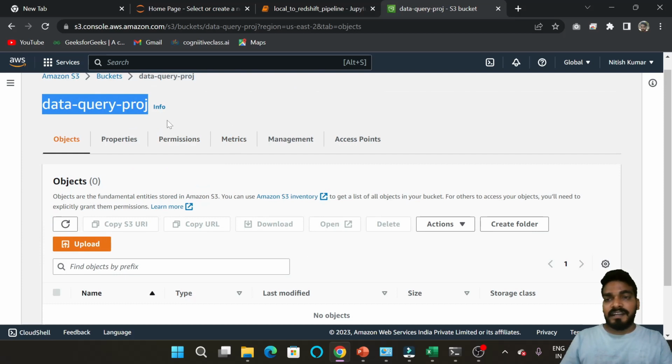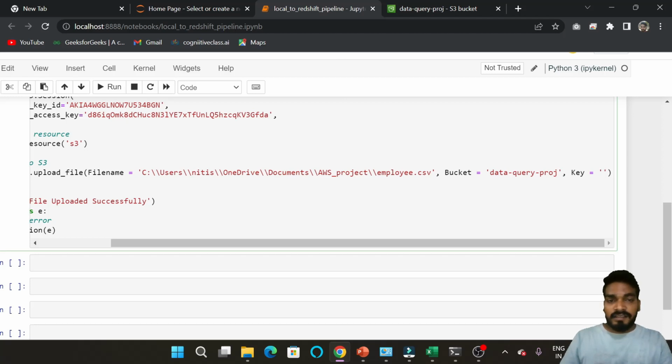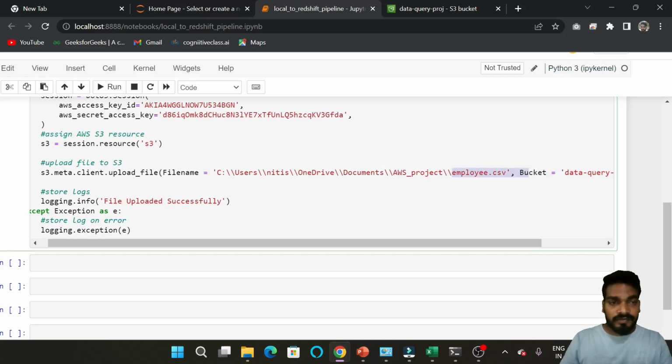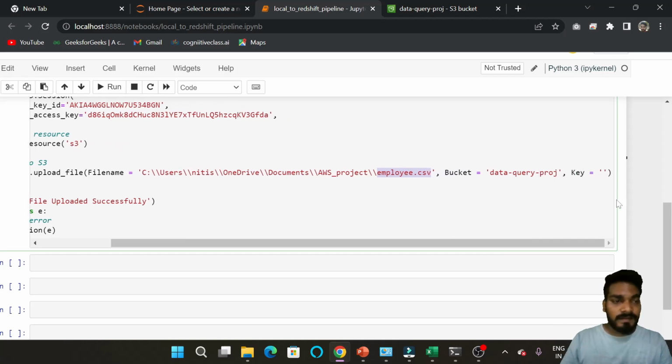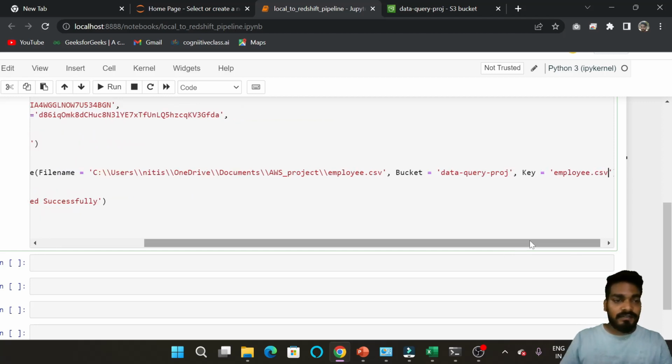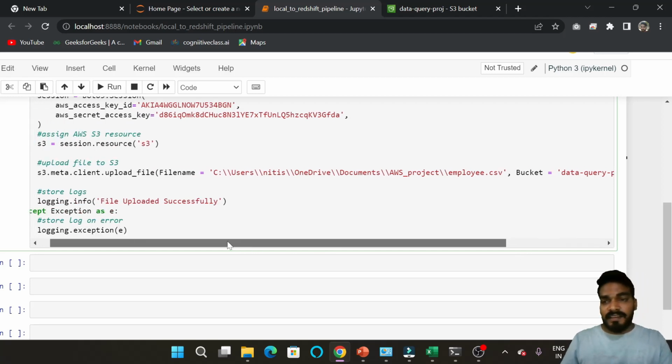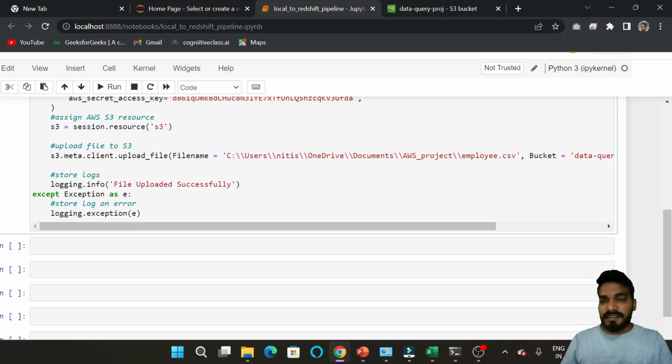So this is a bucket, and inside the bucket, if you are storing any file or folder, that path will be known as the key. Here we are only using this file, and we are not putting it inside any folder. So we will give this as our key. Whatever file we upload will be saved on S3 as employee.csv. Okay, and in the last step,